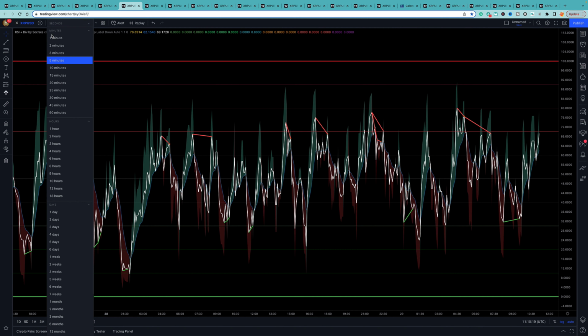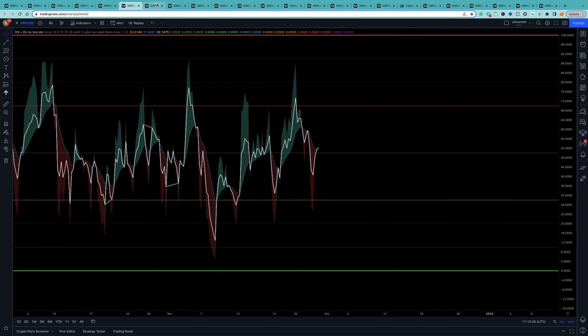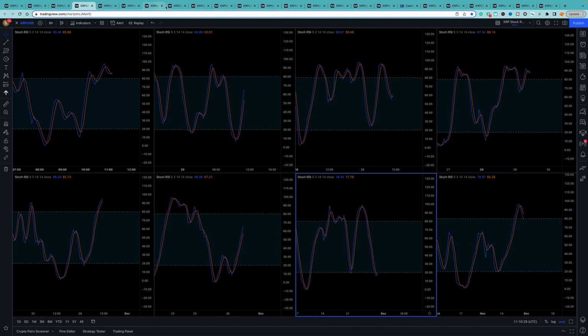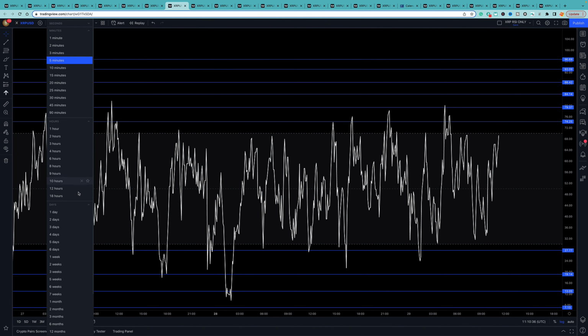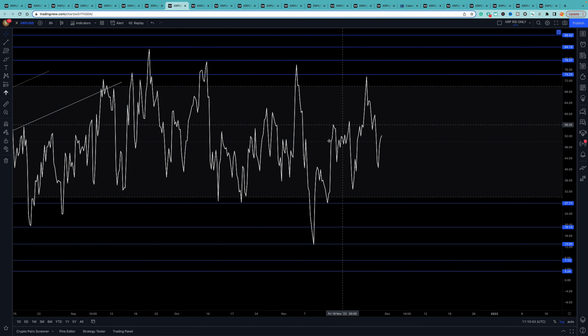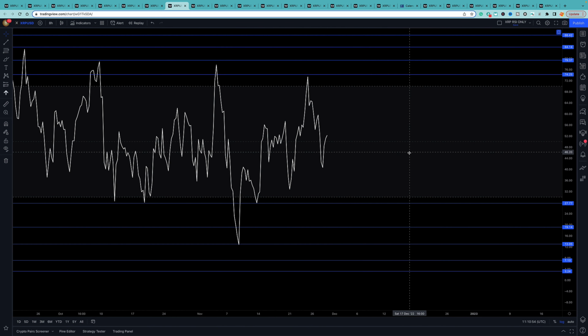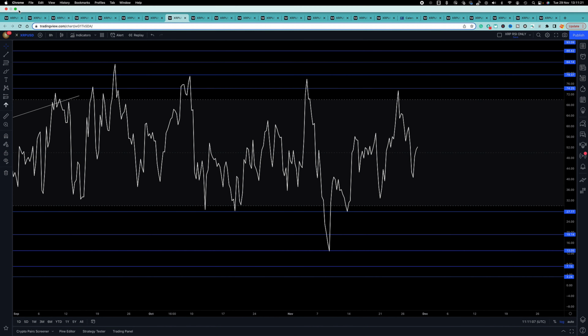Maybe I'll do this. I'll go to the 8 hour. Okay. So you can see, actually, I want to do it like this. I think the 8 hour could be quite telling, yeah. Okay, so you can see that the 8 hour RSI bottomed out here, it topped back to the top here. So the 8 hour is indicating that it wants to go back to the bottom, yeah. So now watch this pattern here, yeah. Potentially, well, when this turns down, that's when we're going to have our spill as well, yeah. And the reason I'm saying that is